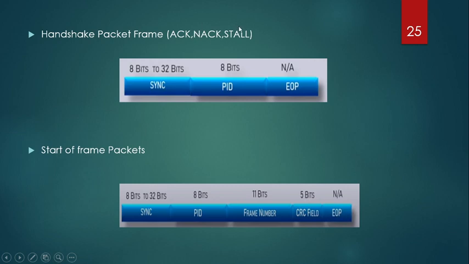And stall means that the device finds that it is in a state that requires intervention from the host. So the peripheral device is requesting intervention from the host, that is a handshake stall. These different types of handshake packets have this common format. And finally, the start of frame packets. Here the frame number is there. So after the end of packet, the next packet will be a start of frame packet. So these are the different types of packets supported by the USB protocol, and its different types of frame formats.